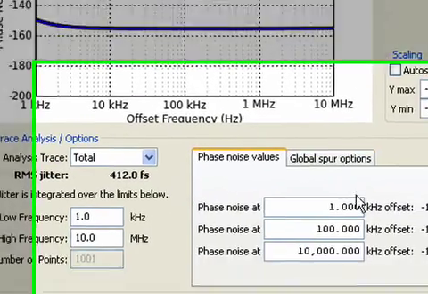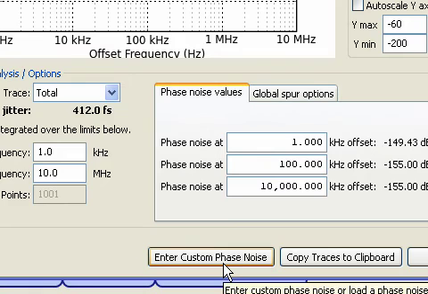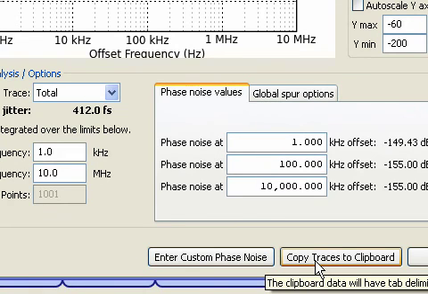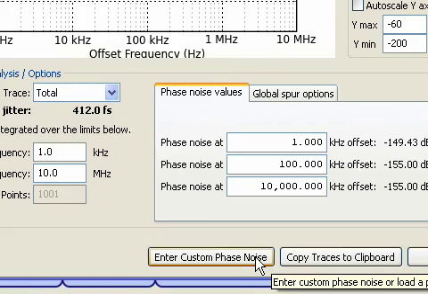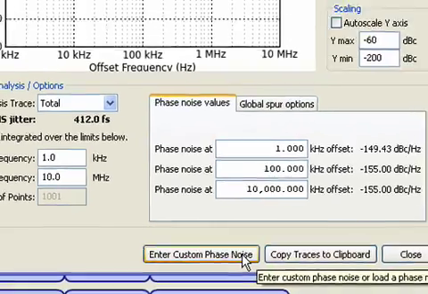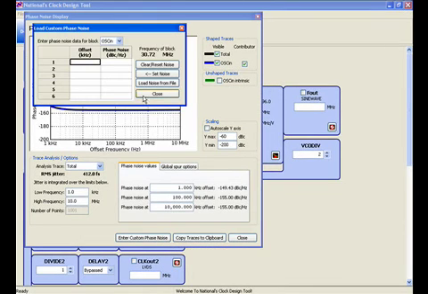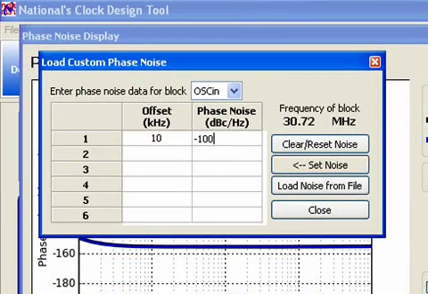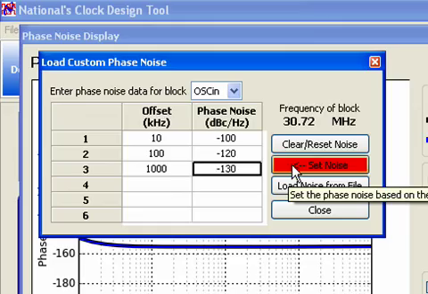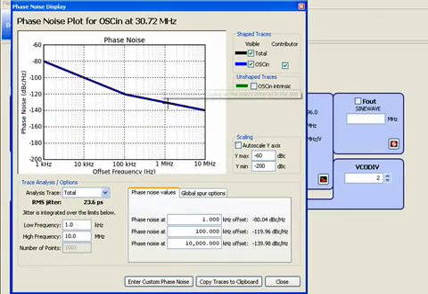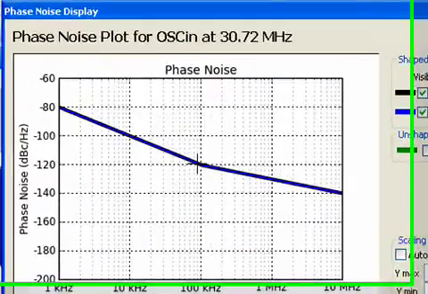For instance, of these options here, we have enter custom phase noise, copy traces to clipboard, which does a similar thing as the Bode plot, and close. If you wanted to enter a custom phase noise, let's go to that one. If we say enter custom phase noise, I can go here and enter in offsets and phase noise, like so. Go ahead and set the noise. And once I do that, I've set the noise, and you see it will accept this phase noise that I've entered,